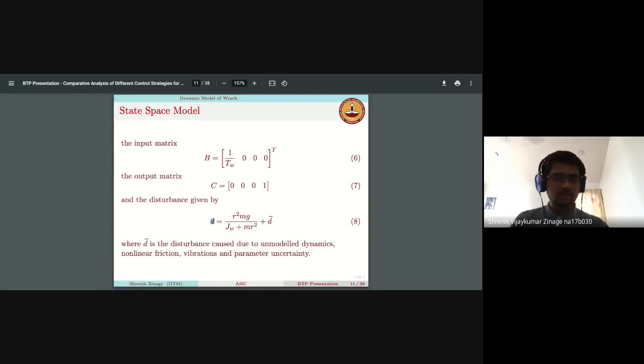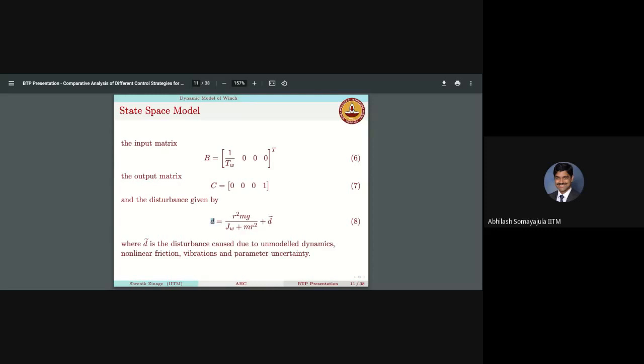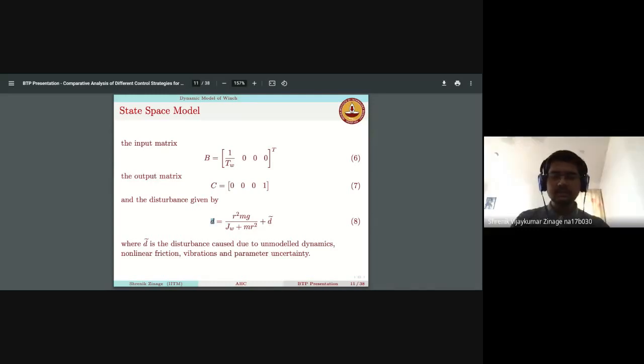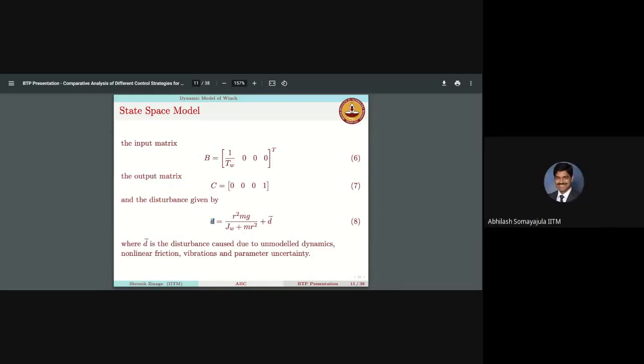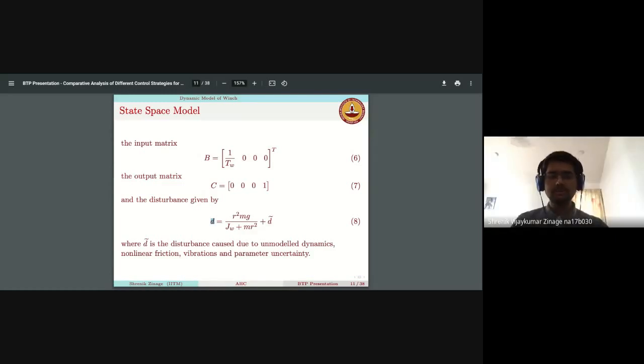I hope you understand. In reality, D tilde is not known to you, isn't it? It is unmodeled dynamics. Yes, sir. So how would you go about saying that it will always be robust? No, I thought he would be using a white noise process or something like that to represent D tilde. No, not exactly. I would be generating the total disturbance D from a spectrum actually. So I would be assuming some cut-in and cut-off frequency with some spectral density value, and from that I would be generating the time history.